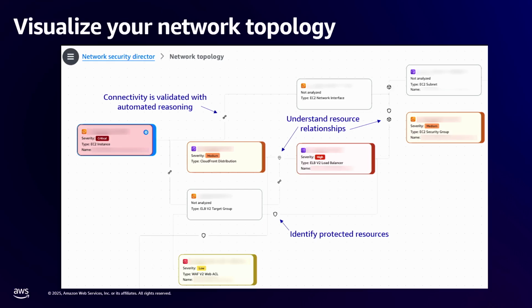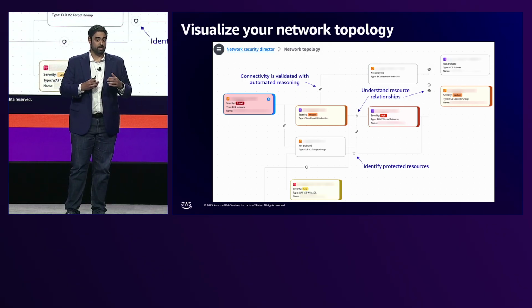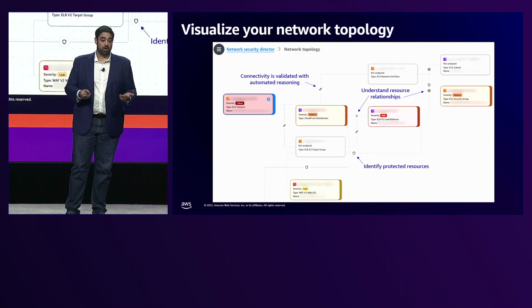The severity of the resources that you see here as well is predicated on the network context of the resource. If the resource is internet facing, if the resource is connected to other resources that are internet facing, for example, or not. All of that predicates the severity level of the resource and the severity level of the findings on each resource. And this can be refreshed every single time you run a network analysis so that you have an up-to-date picture of what your topology looks like, as well as what your resource severities are, so that you know exactly what to go tackle and when.